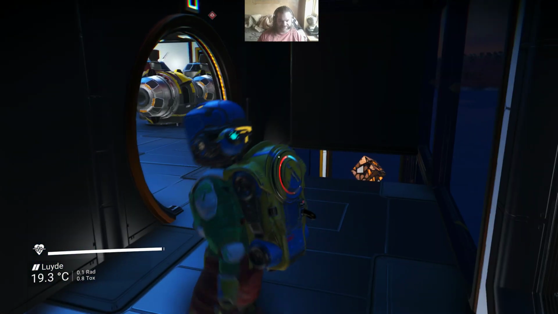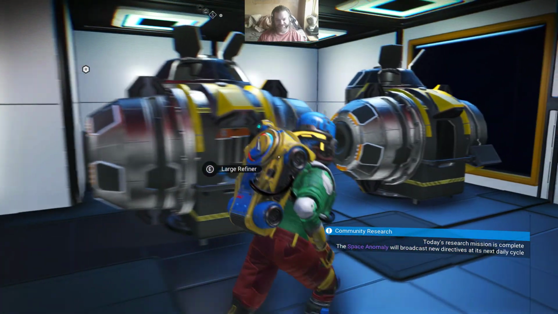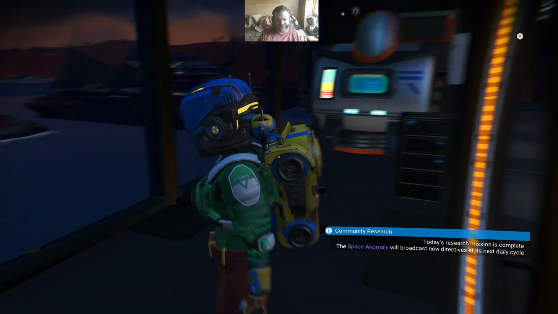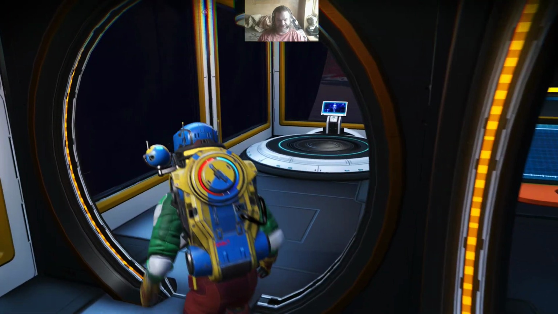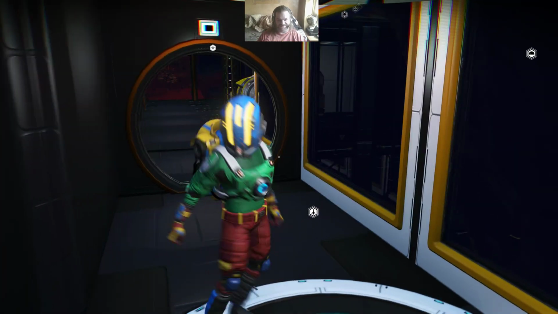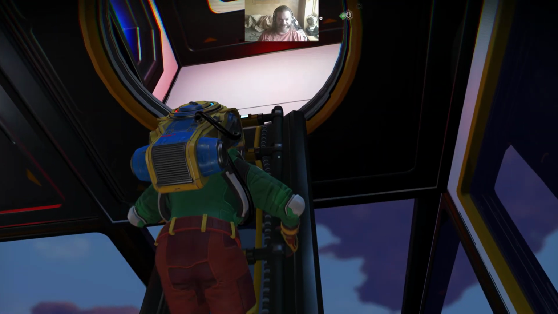But this is the top floor then. So we have another trade terminal, two more large refineries, or refiners, whatever you want to call them. That is the base item cache, which I did actually need to use, and an appearance modifier. So that's the top floor, and if we come up here, this takes you out onto the roof,